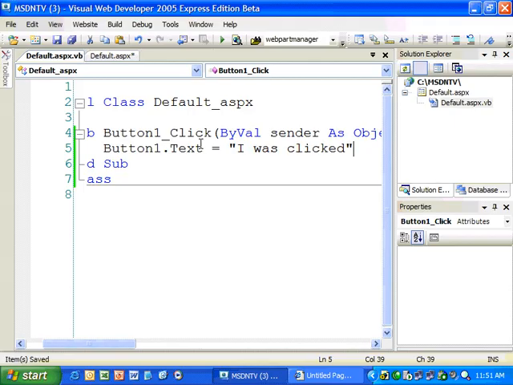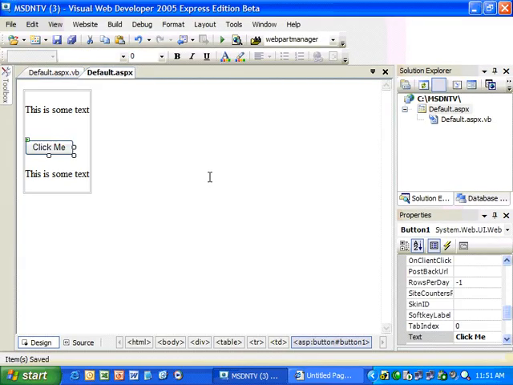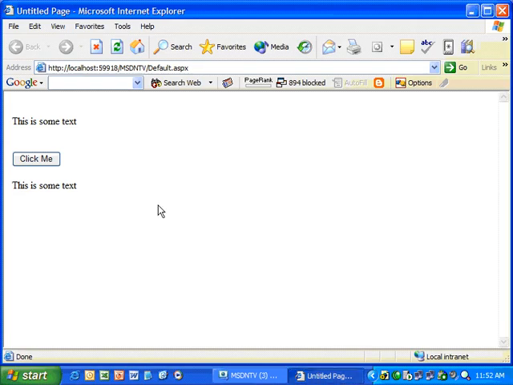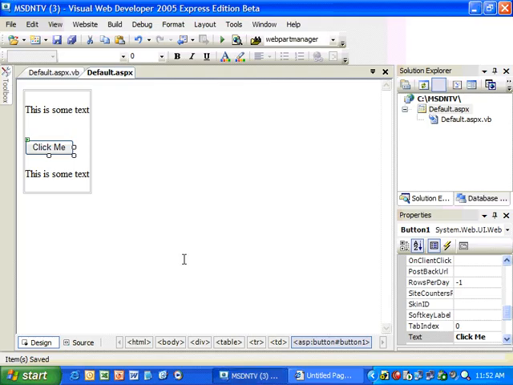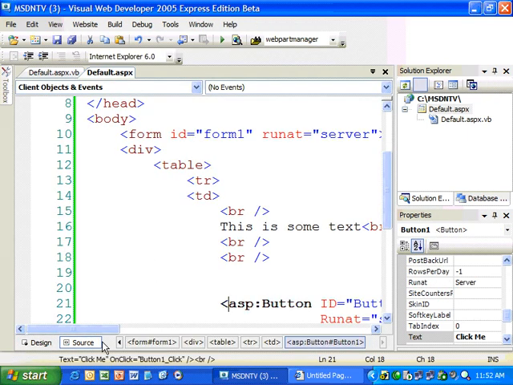We can save this page here, jump back to the browser, click the button, and you'll notice we're getting an iterative design process. I didn't have to recompile the site. I didn't have to rebuild anything. All I did was make a change, jump back to the browser, hit refresh. We now have the save and refresh model for development, which tends to resonate more with the way web developers are doing workflow. So let's go back to source view,